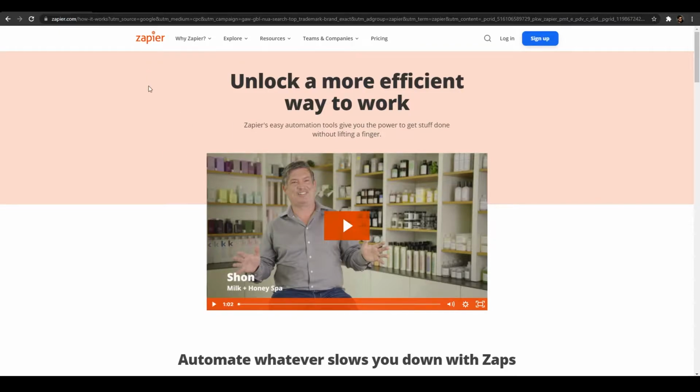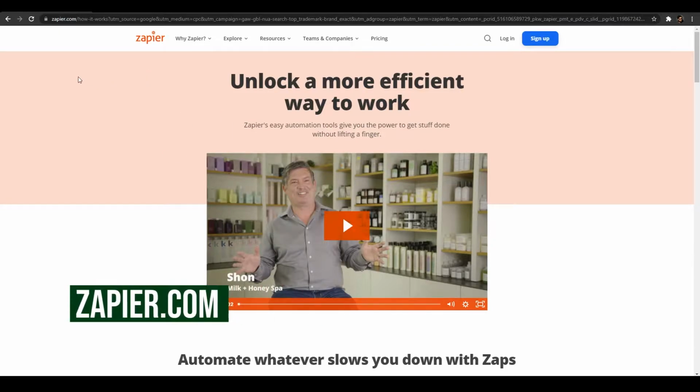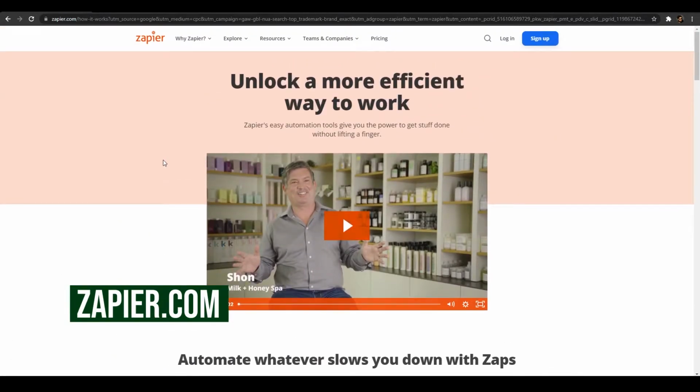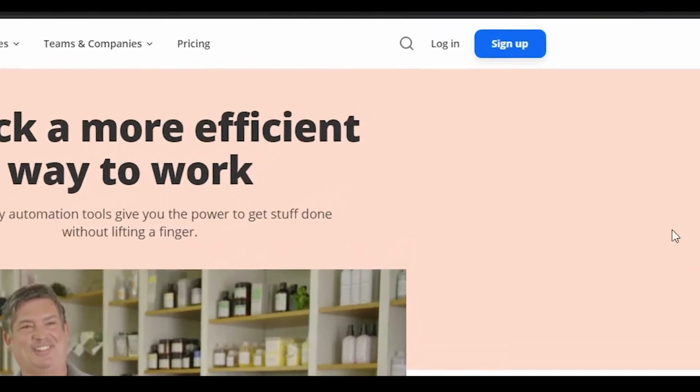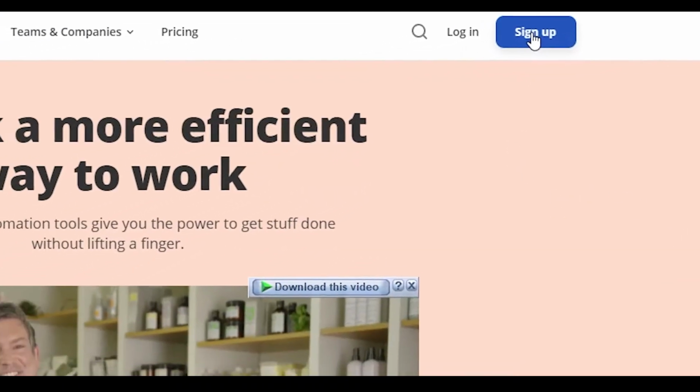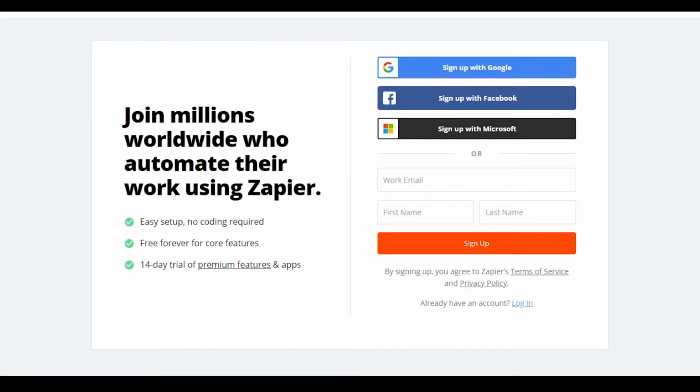So the first thing that I want you guys to do is come over to Zapier.com. Now once you're over here, all you have to do is simply sign up. So to sign up, all you have to do is click on the button at the top right corner. So click on this sign up button and the website will look something like this, and over here you will